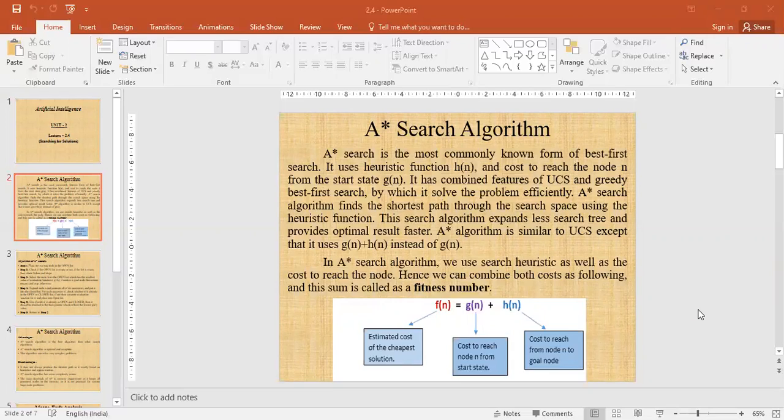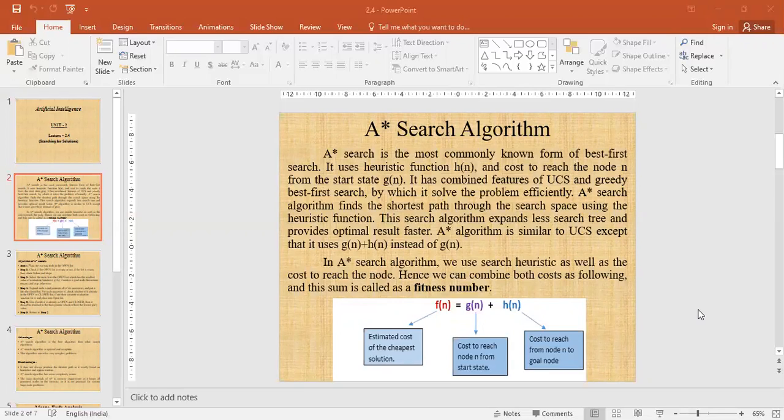It uses heuristic function h(n) and the cost to reach node n from the start node, g(n). It combines features of UCS, uniform cost search, and greedy best first search, by which it solves the problem efficiently.